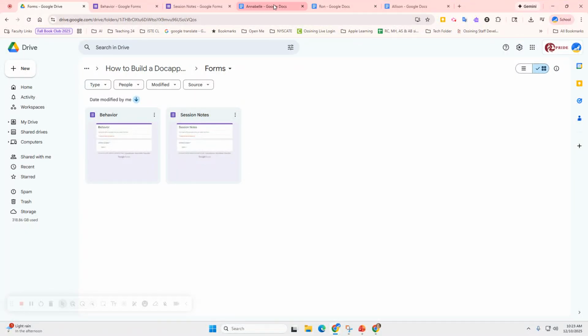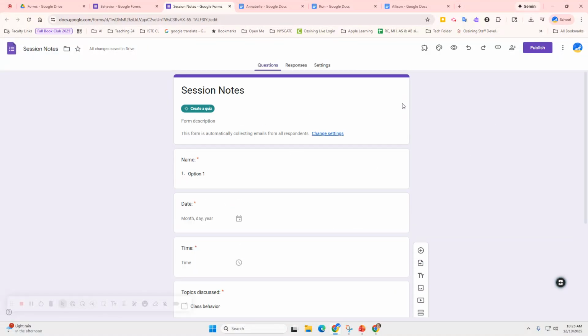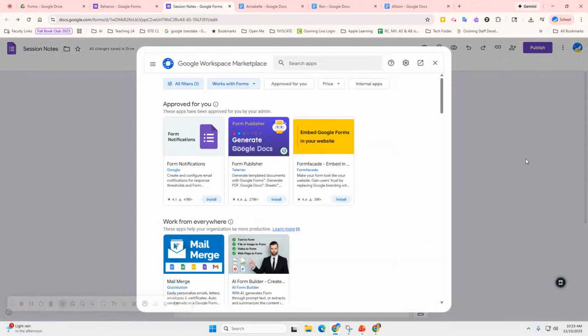Now, I've got my 3 documents here, and I've got my 2 forms here, and this is where we're actually going to use the Appender feature. So I'm going to come into the session notes, and I'm going to hit my add-on button. If you don't have any add-ons, you'll first start with your 3 dots. You're going to hit Get Add-ons, and from here you're going to type in Doc Appender,